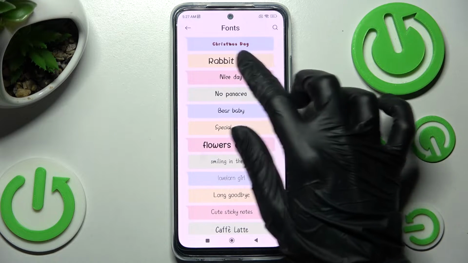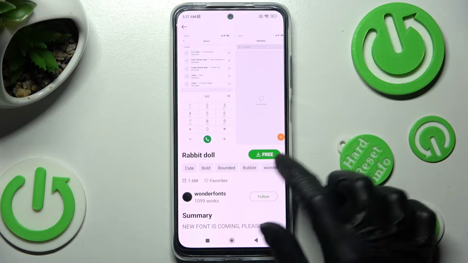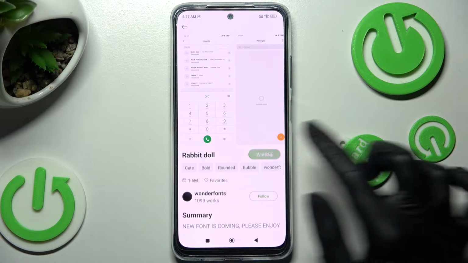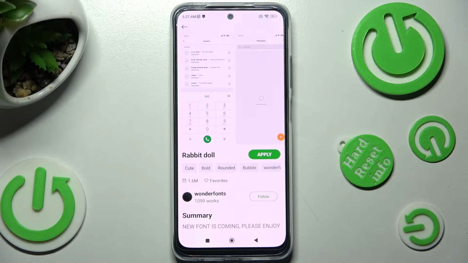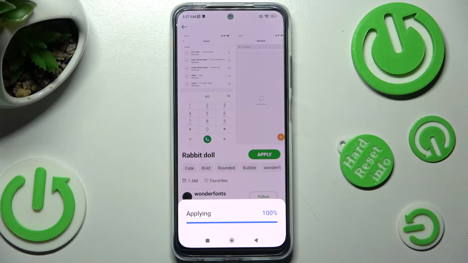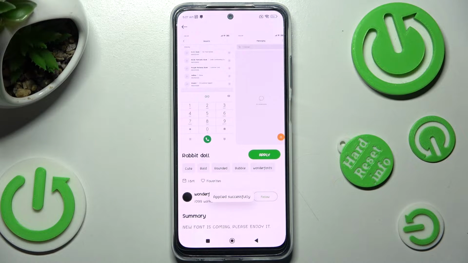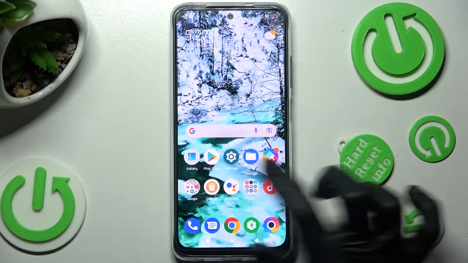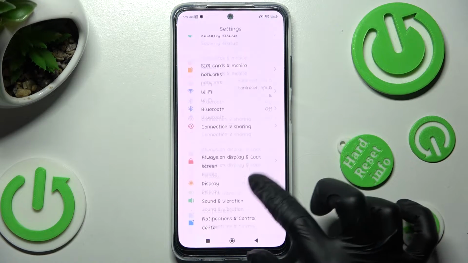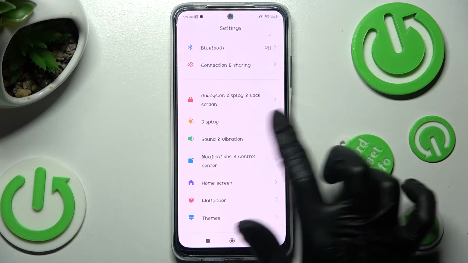Now you need to click on Free over here, wait a couple of seconds and tap on Apply. So now when I go back, as you can see, style of my font has changed. But you can always go into exactly the same settings